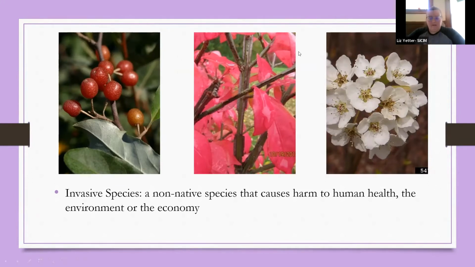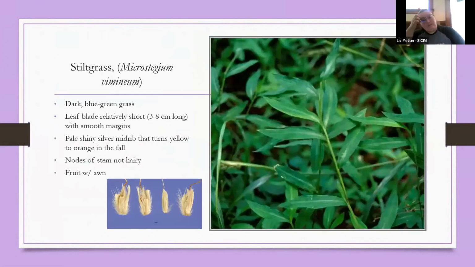So on the same page with that, we'll get going with some of our grasses. So this first grass, Stiltgrass, also known as Japanese Stiltgrass, is a shade-loving grass. So this is a grass we're seeing spread a lot in our forested areas because it will grow very well in the shade. It is a low-lying grass. So while it has a lot of length, it does not stand up erect like some of the other grasses we'll talk about today.